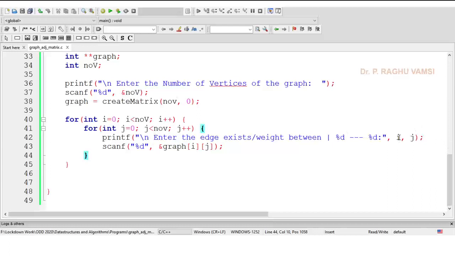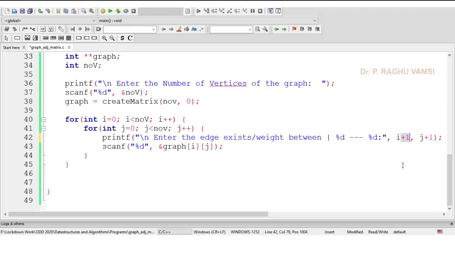But if your starting vertex in the graph is 1, then you are directed to make it I plus 1 and here j plus 1, and here graph of I and j only, because the array index always starts from 0, so we cannot start with 1. So if they have entered that there exists a path between 1 and 2, then you should enter it as 0 and 1.